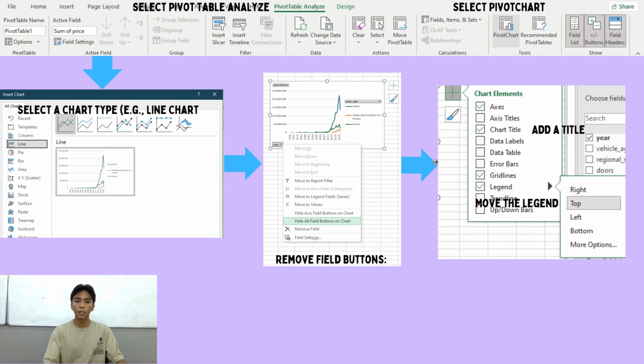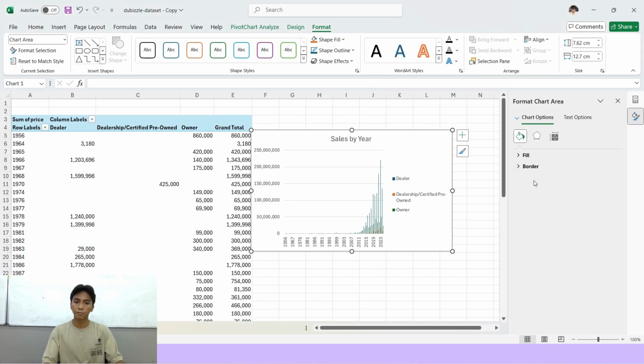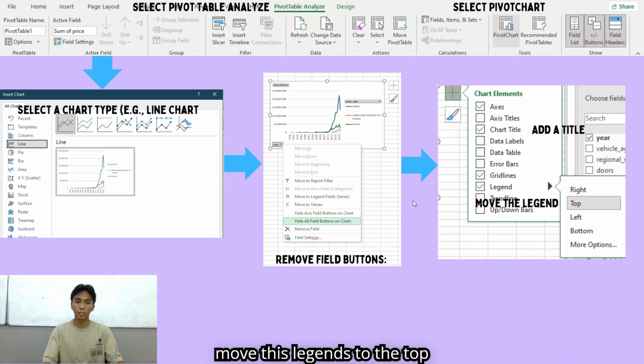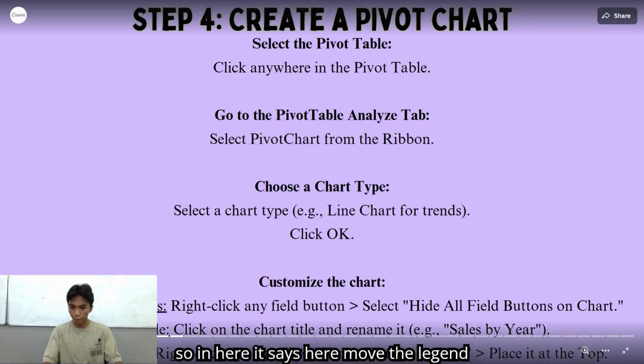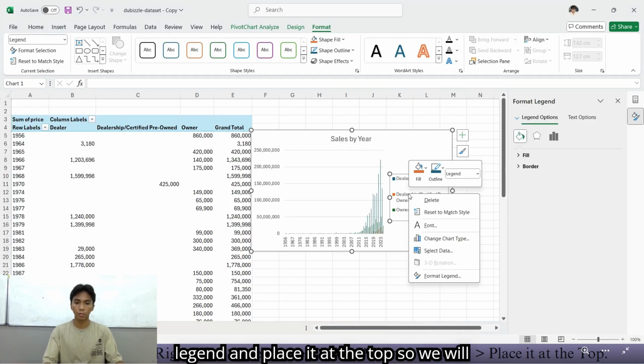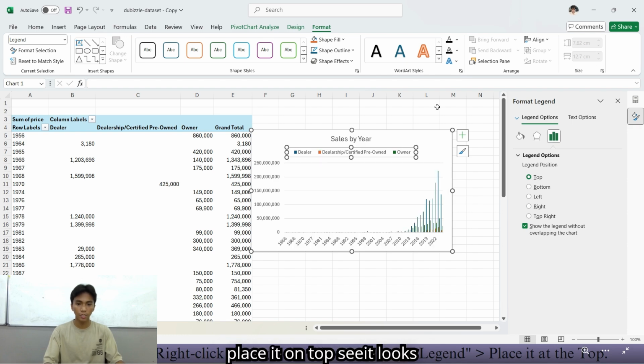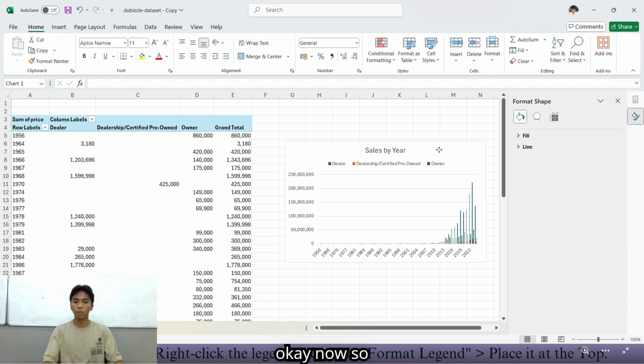Now next, let's move the legend to the top. It says here, right click the legend, choose format legend and place it at the top. So we will right click, format legend and place it on top. See, it looks okay now.